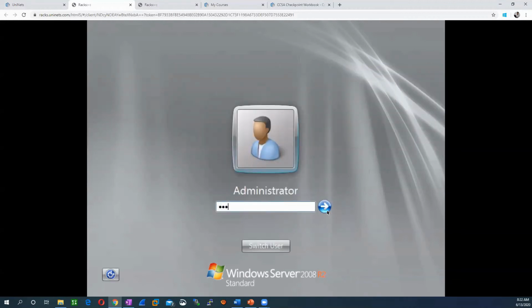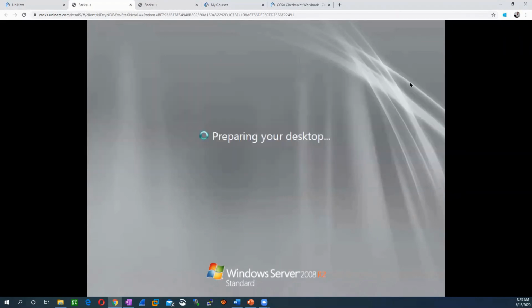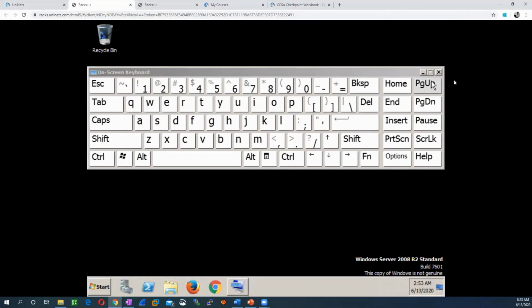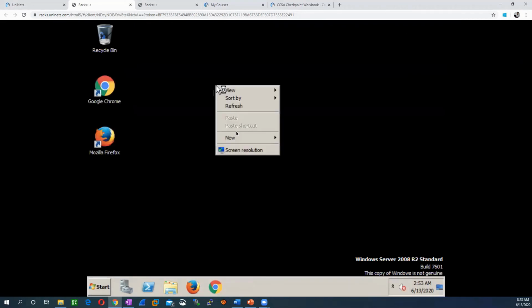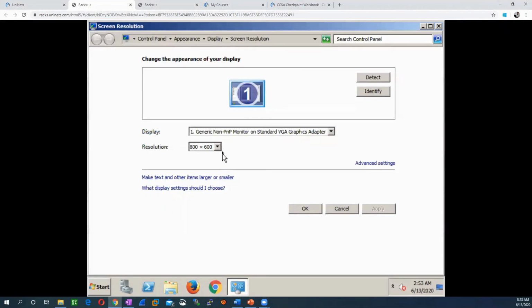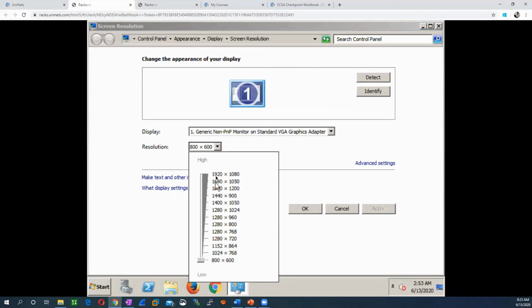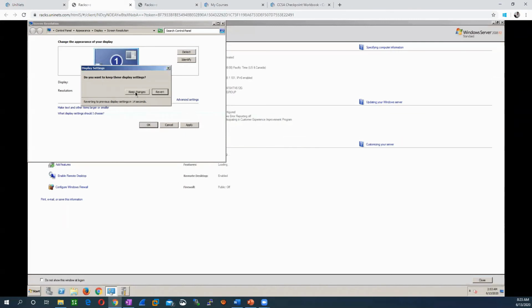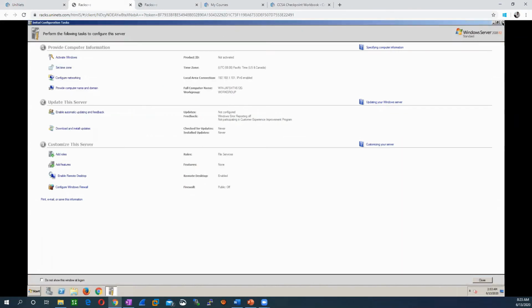The password is uninets@123. Let me change the resolution of this machine so that you would be able to see it in a proper way. Okay, so this is the server.